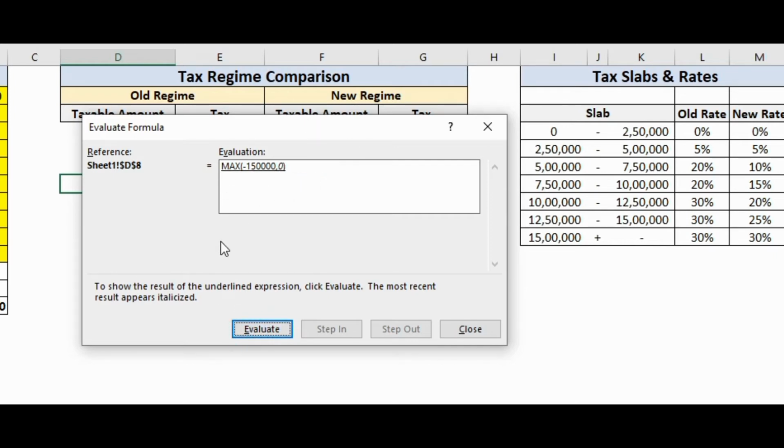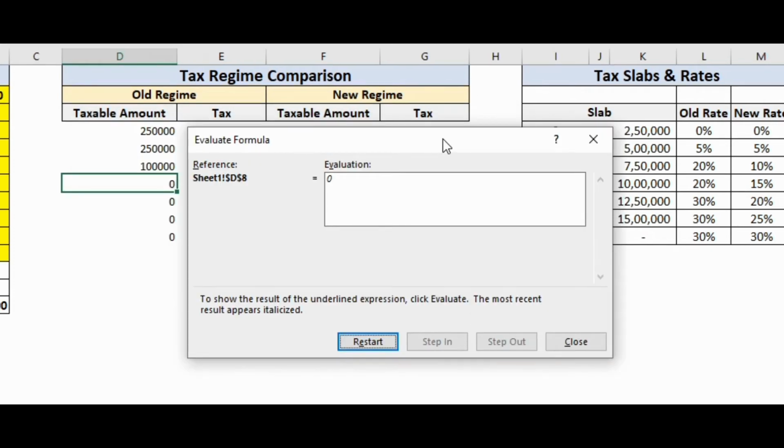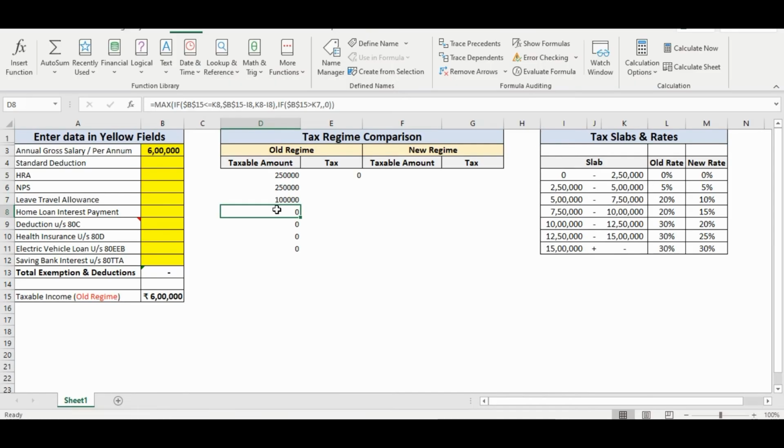So now what we have in our max function is two values, which is the result of first if, that is minus 1,50,000 and 0. In this case, since 0 is greater than minus 1,50,000, we get 0 as the result. Since we get 0, there will be no impact on tax amount which will be calculated.